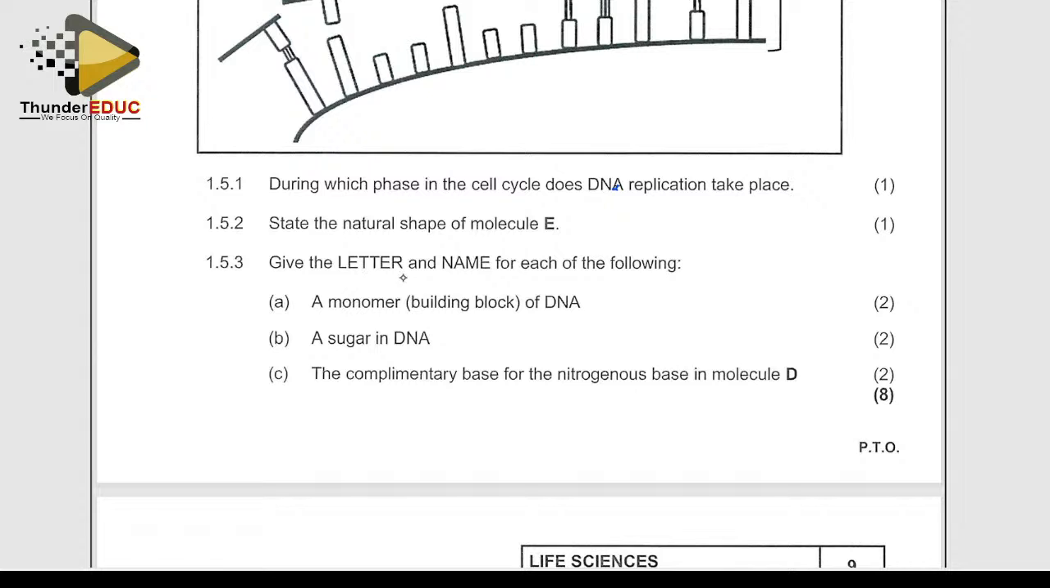They're saying give the letter and the name of... okay, sharp. We are done with this. Double helix. That's the answer. Name the letter and the name of